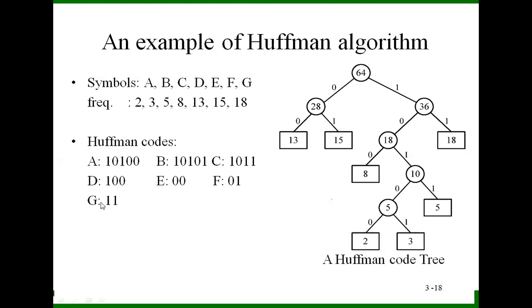We are giving variable length codes to each character instead of giving fixed length codes. When you give fixed length codes, it takes more memory. Suppose ASCII code or some other fixed length code, 8 bits are assigned for each one. There are 7 symbols, so 7 into 8, 56 bits are required.